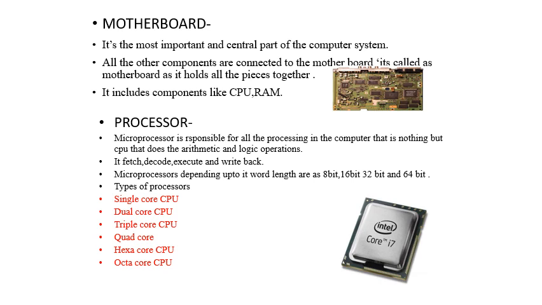Triple core, similarly, there will be three cores inside a single CPU. Single core means there will be one core inside a single CPU. Then dual core means two cores inside a CPU. Then triple core means three cores will be present inside the single CPU that will perform all the tasks. Whereas quad core means four cores. Hexa means six cores will be present in a CPU, and octa stands for 8. Okay, hexa stands for 6 cores, octa stands for 8 cores. So similarly, these are the types of processors that are present.